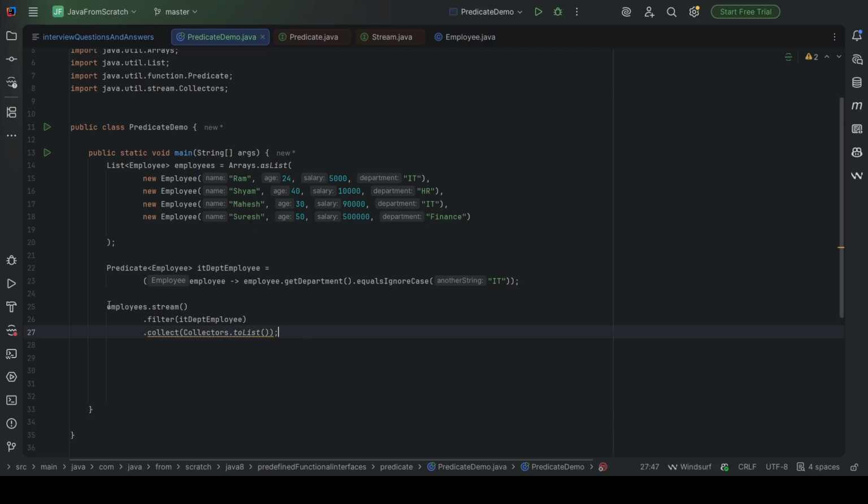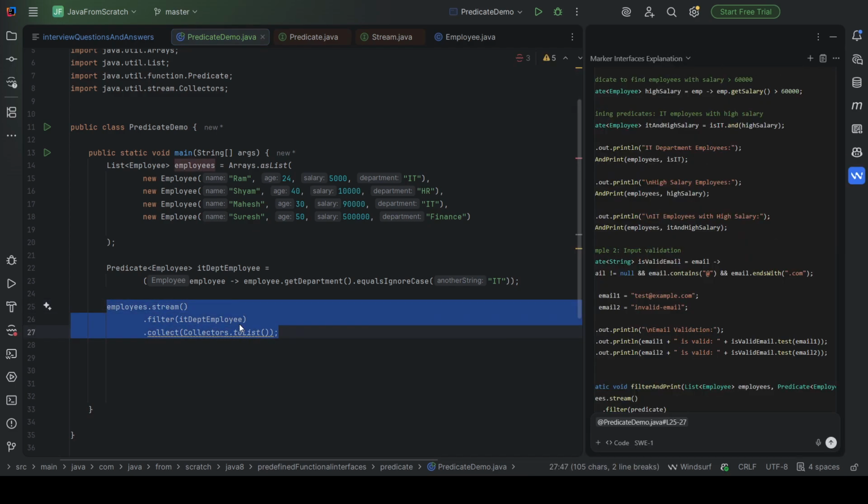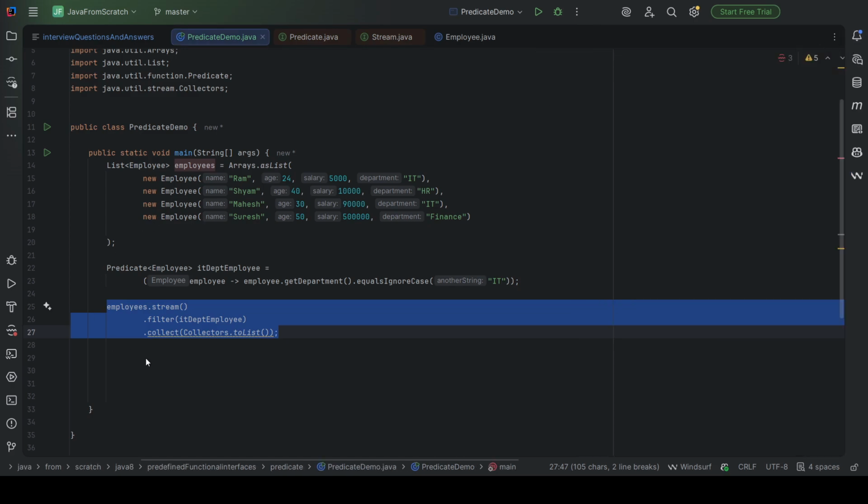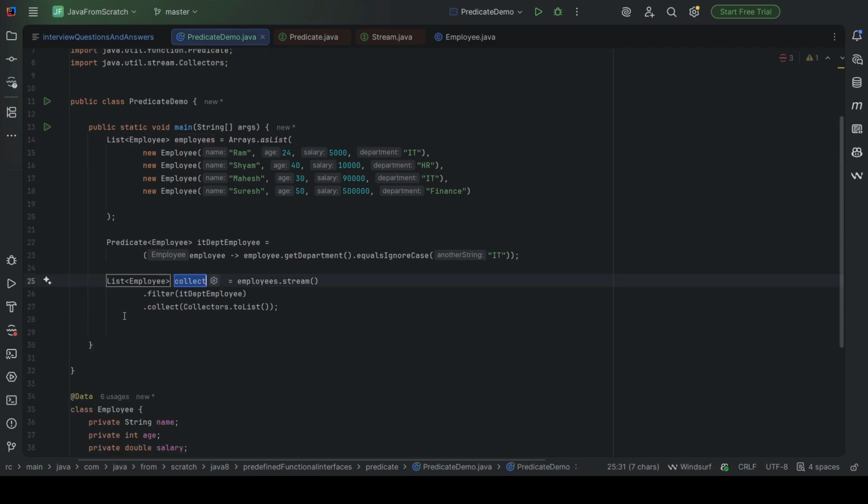We can store this result in another list, or simply we can print.